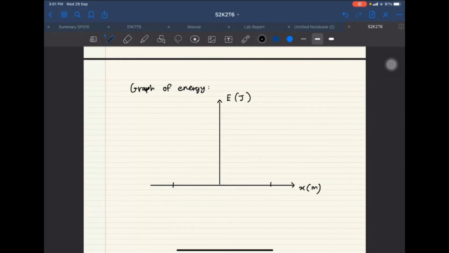So I have to label as positive A. Positif tu tak letak pun tak apalah. Saya letak sebab nak bezakan dengan negative A. So in question biasanya kamu label A ni dengan nombor lah. Berapa meter? 3 meter ke 5 meter ke apa. Tapi ni sebab tak ada nombor, saya letak A lah. And then kalau kamu tengok